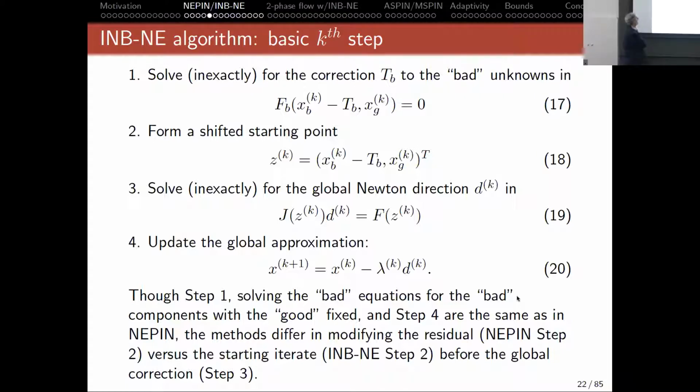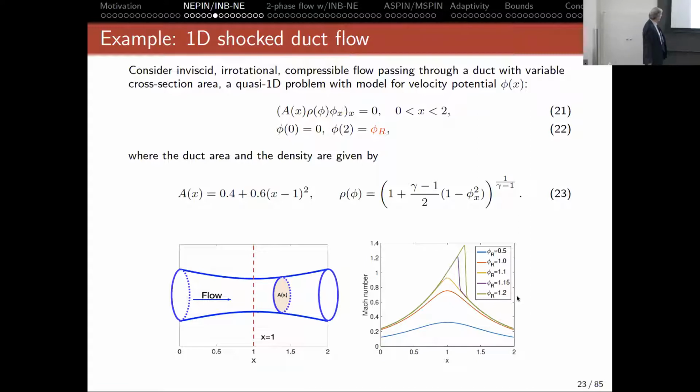A right preconditioned version of that same concept starts with eliminating the same degrees of freedom in equation 17 and solving a similar linear system for the Newton correction. It differs by the right-hand side not being so scaled and the starting vector being displaced. So it basically has the same 4 steps, but it's not an identical method, and you can compare them slightly later in this presentation. So let's go to a one-dimensional boundary value problem.